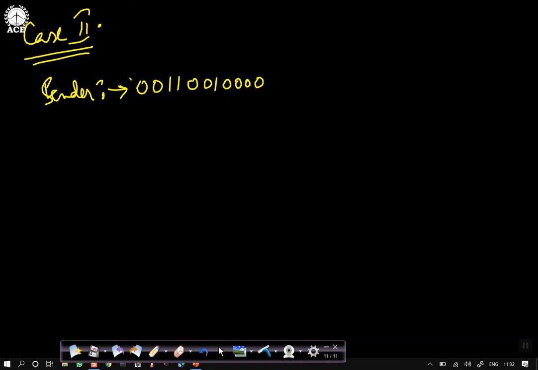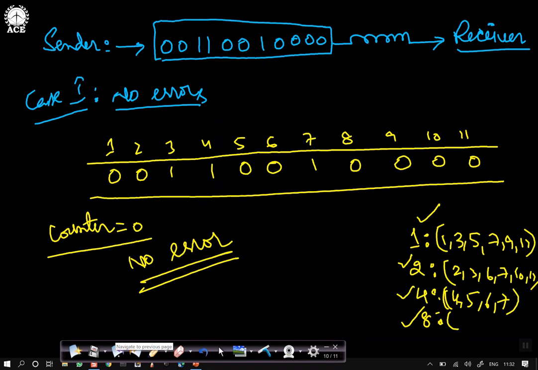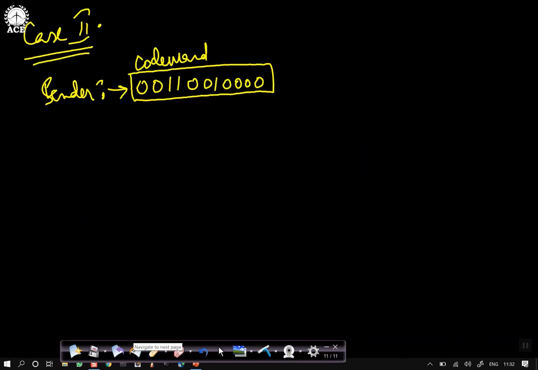This is what the sender has sent. The sender is sending this as a data unit, the code word, on the communication channel, and here I will have the receiver.